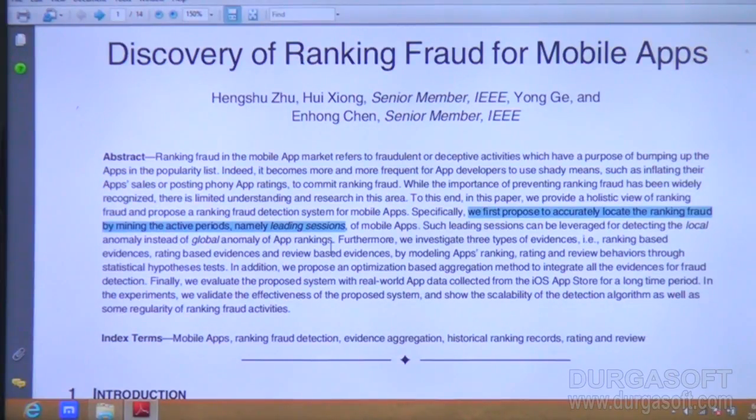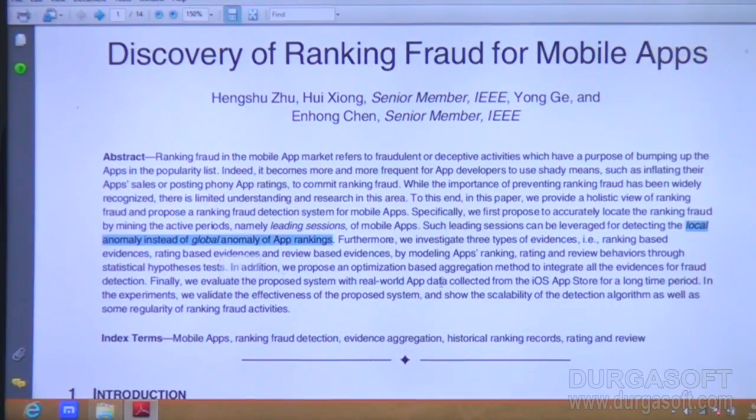In our application we are talking about two anomalies: the local anomaly and the global anomaly of the app rankings. Local anomaly means the ratings given locally, by local users. Global anomaly means the ratings from the external environment.